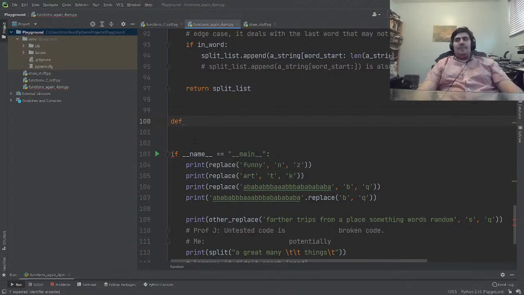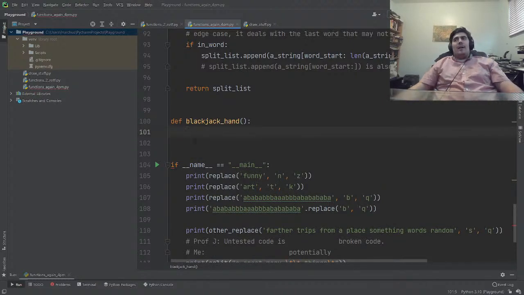So let's see if we can write some stuff. So basically, let's write a Blackjack hand function. So maybe we write something like this. So in real Blackjack, the thing is that I know that in our fake Blackjack for your homework problem, you can't use this for your homework problem, otherwise it's not going to work. But in fake Blackjack, I just had you pick a number between 1 and 13. But actually, in real Blackjack,